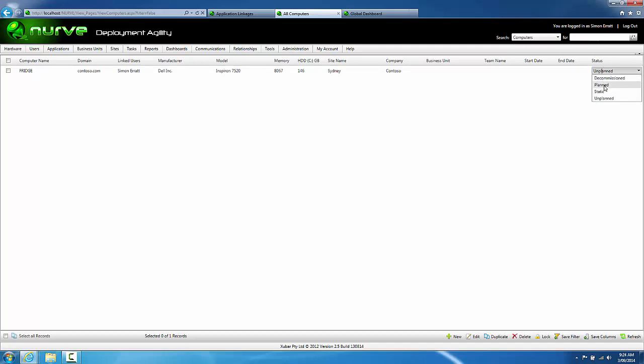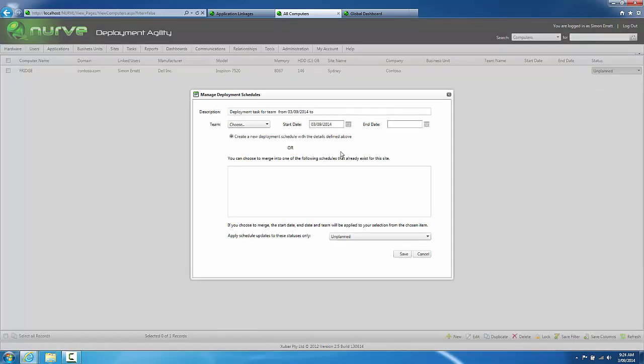So if we give it one, my account is global. I can't assign it to a team because my account is not associated with any team. So I would need to